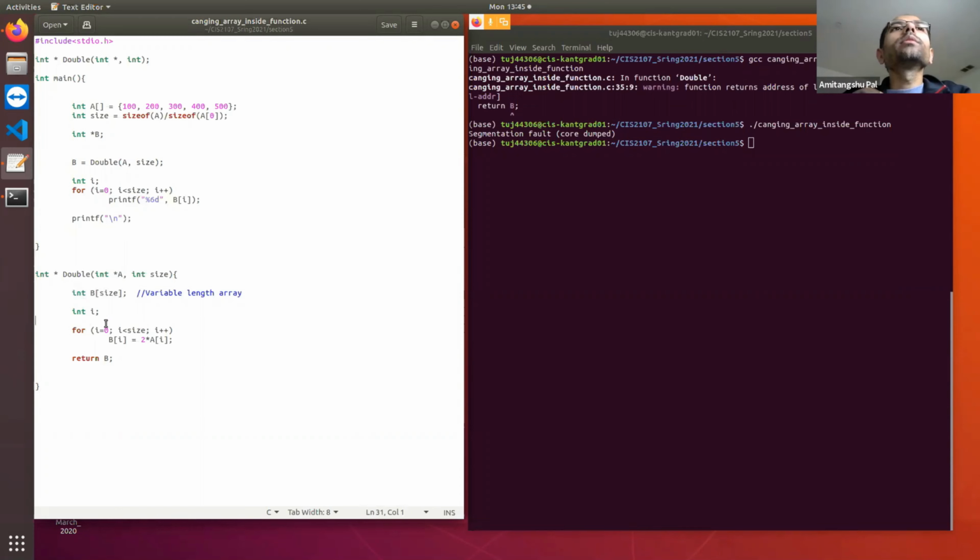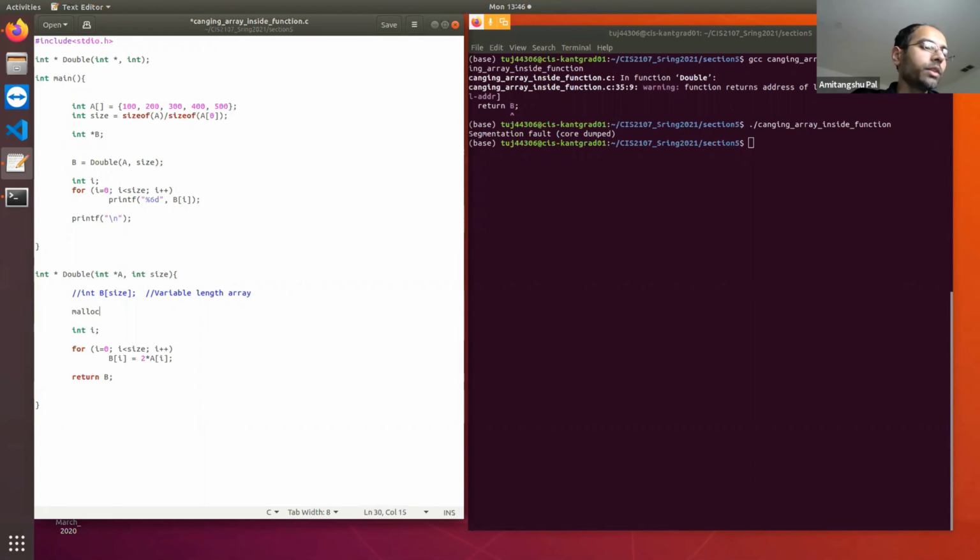So the solution is I need to store it in such a space where it will not be deallocated. So where should it be stored? It should be stored in the heap. If I can store it in the heap, then this memory will not be deallocated, even if I come out of this function, right? So the solution is pretty simple.